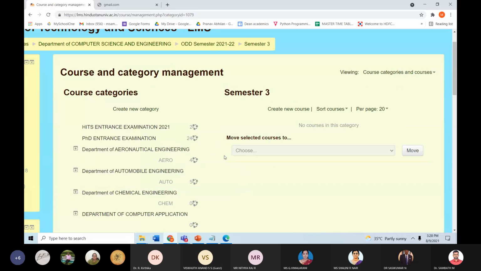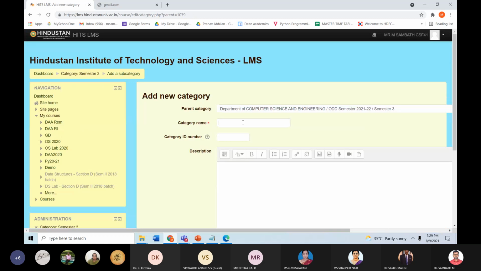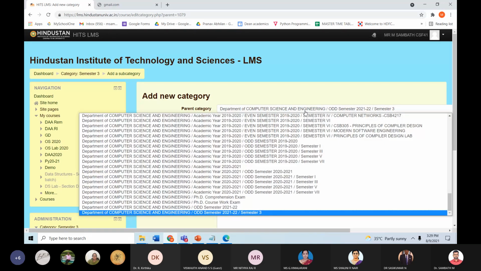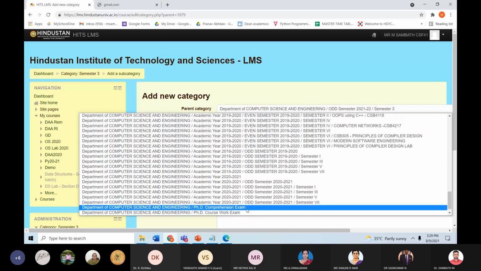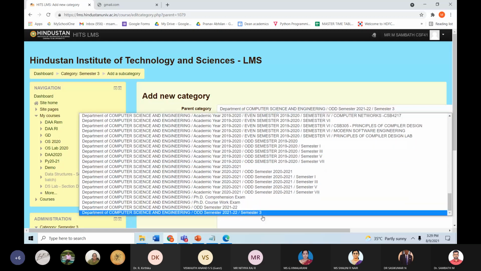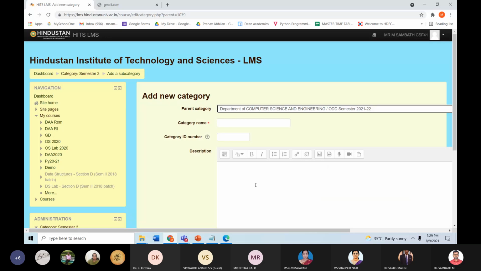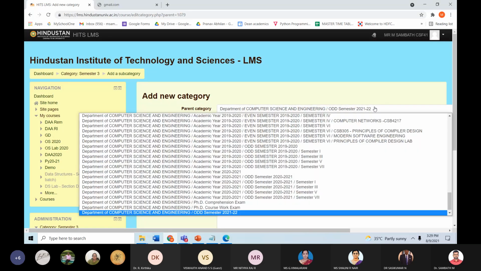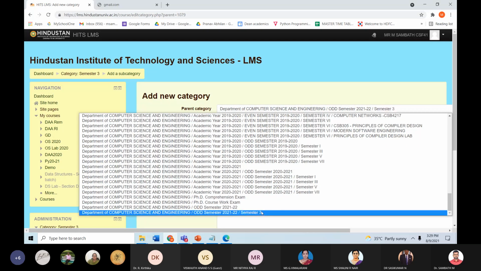Now again I am going to create another category. Here you have to take care. You are going to create the category under the odd semester again, not inside semester 3.